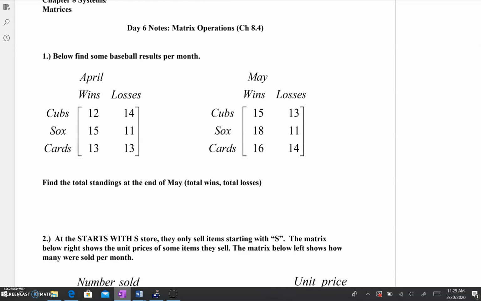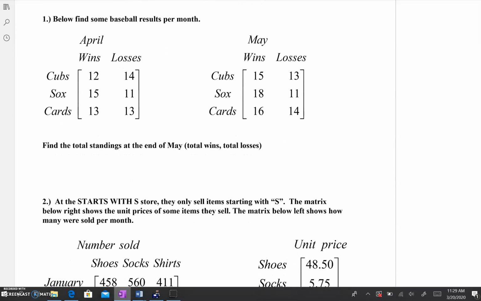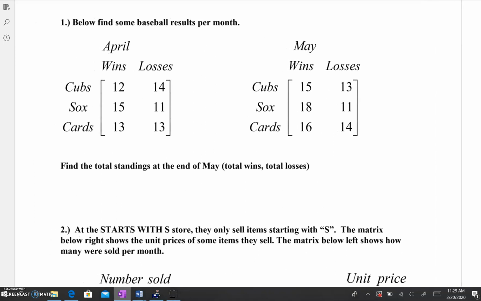So we are going to do some matrix operation practice. So some of you guys were asking, like, when I do these matrices, do they represent anything or not? Sometimes people use matrices to hold a large set of data. So for instance, if we are looking at the Cubs, the White Sox, and the Cards,